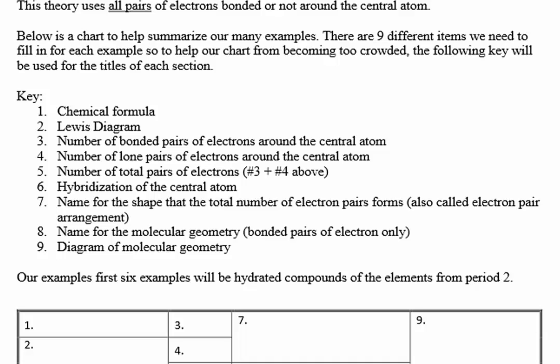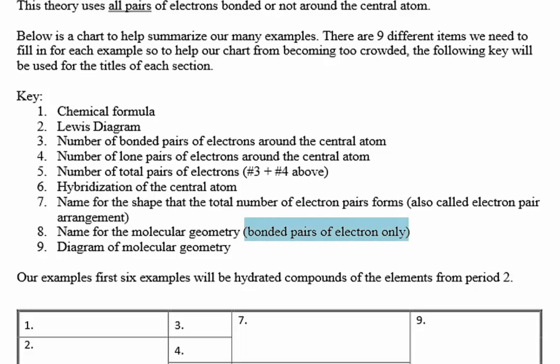Now for boxes 7 to 8, you will notice that we are naming the molecule now. But what you have to realize, in VSEPR, there is a name for the shape created by the pairs of electrons that are arranged around that central atom, and for box number 8, there is also a name, what we call the molecular geometry. Now molecular geometry just concentrates on the atoms of the molecule,